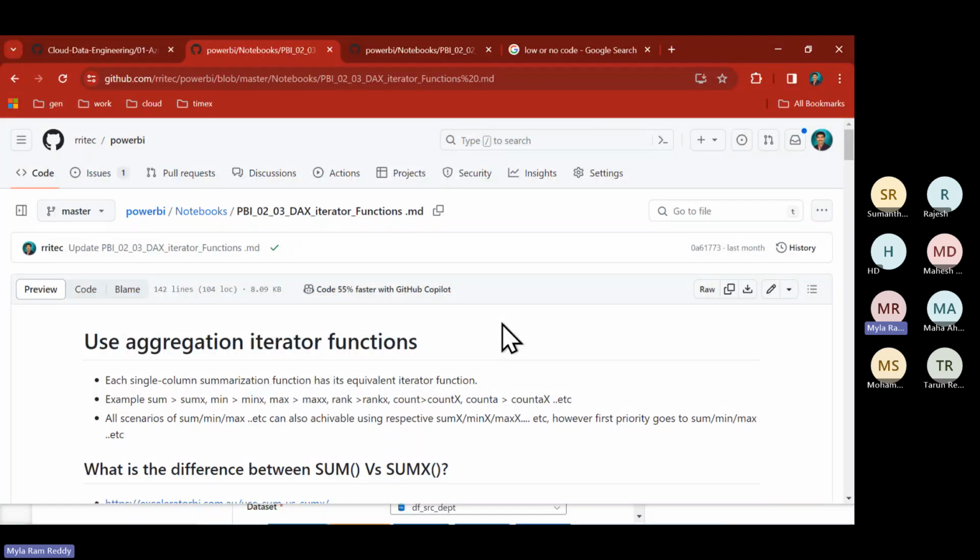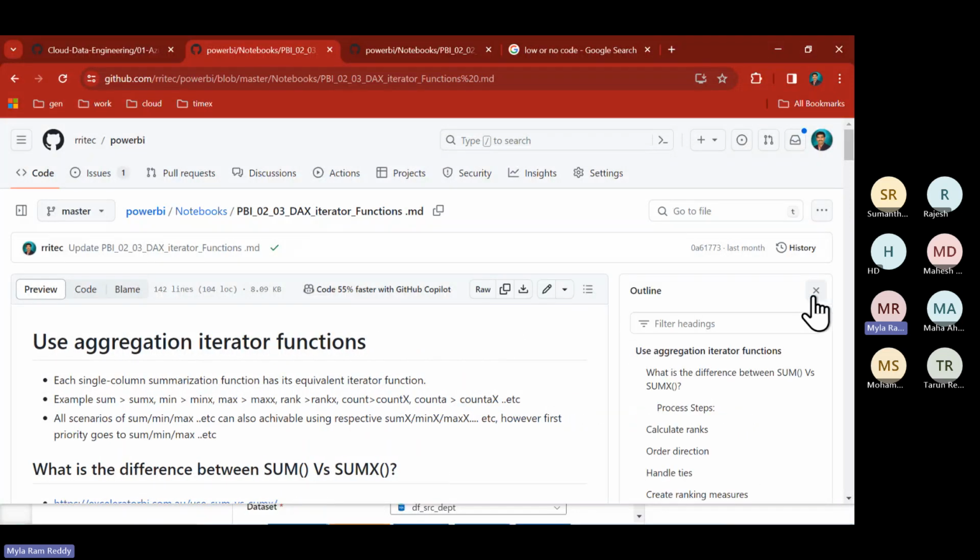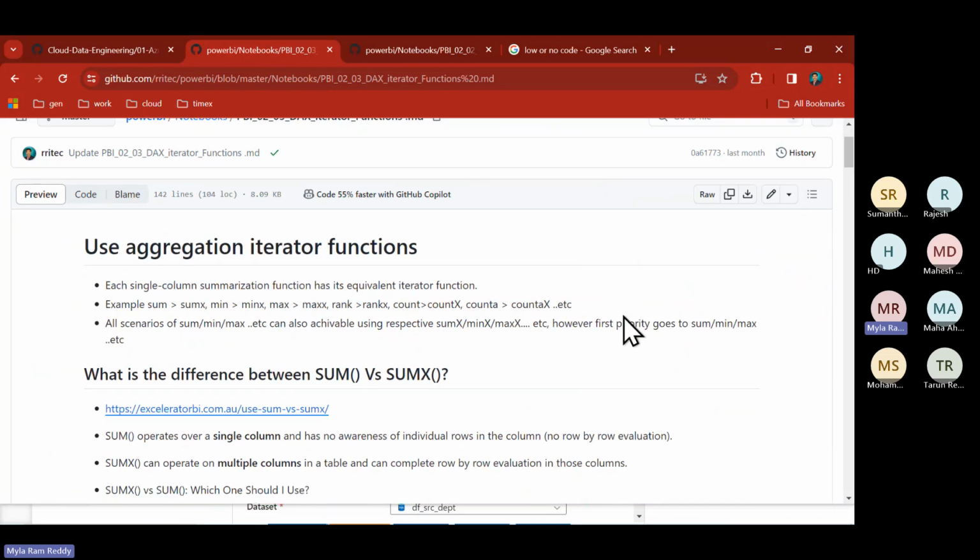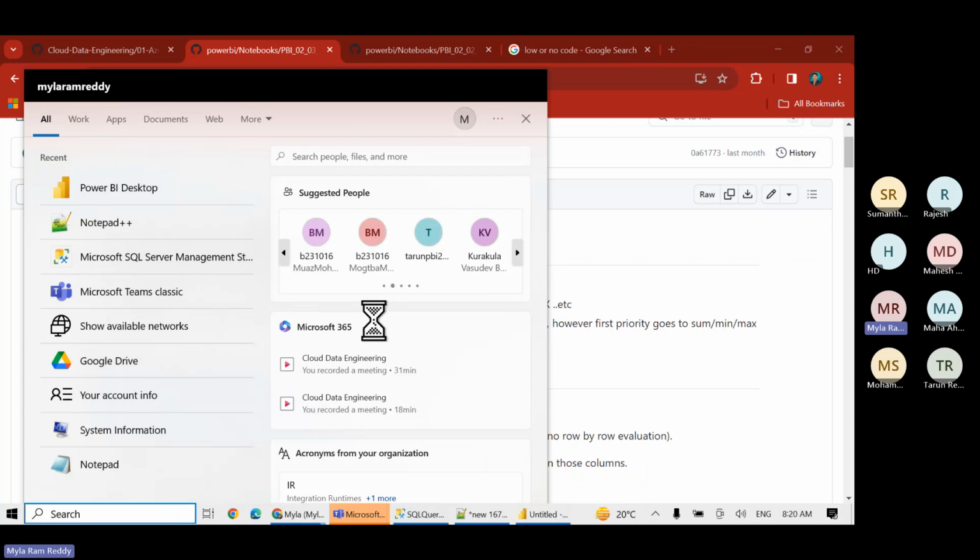Again, we're going to explore a few more DAX functions here. We'll try to see what those functions are. First, we are focusing on the iterator function. The word is important: iterator. Iterator is nothing but kind of, if you are trying to write some kind of for loop, we are